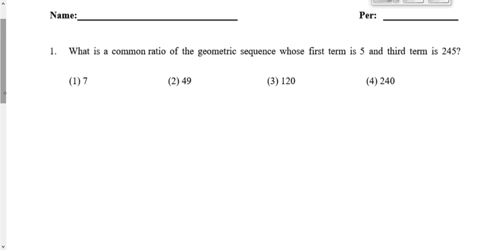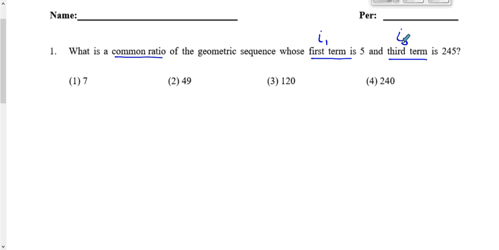Read the question. The first term is 5. It's a common ratio, so you know it's geometric. First term, I'm going to call this I sub 1, instead of using A's or N's, right? You have to figure out how you're getting from 5 to 2. And the third term I'll call I3. Third place in line is 245. All right? Multiplying by